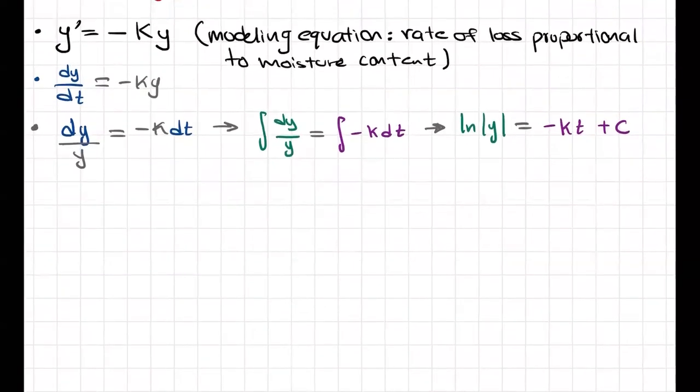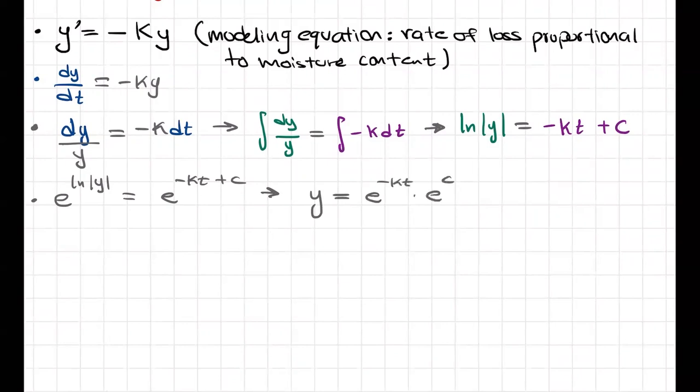Let's continue. We raise both sides to the exponential. So you have e to the natural log of y equals e to the negative kt plus c. We can rewrite this as y equals e to the negative kt times e to the c, which we can instead rewrite as